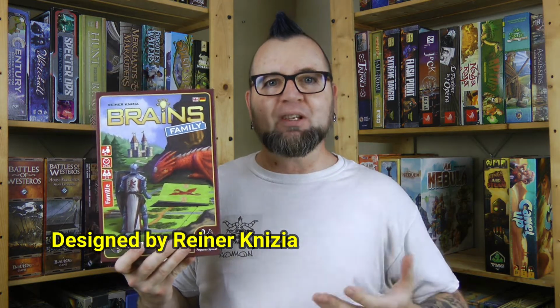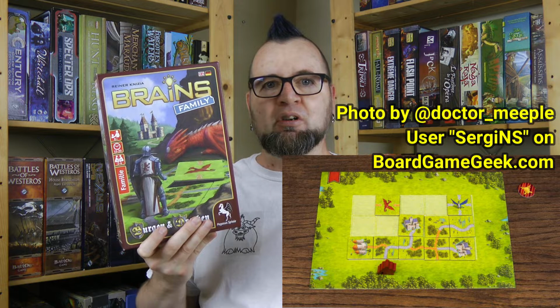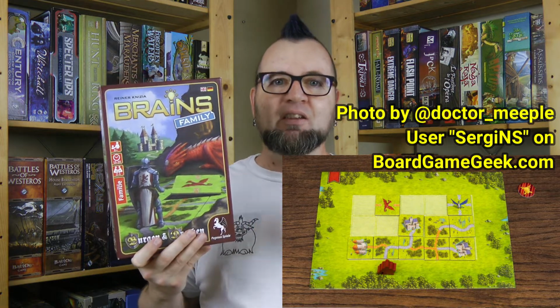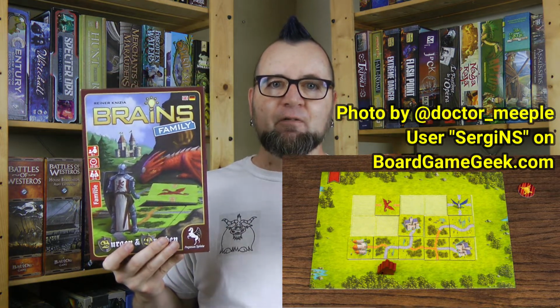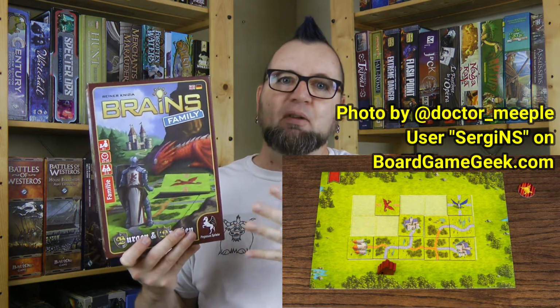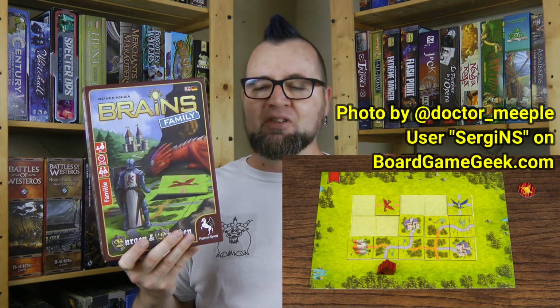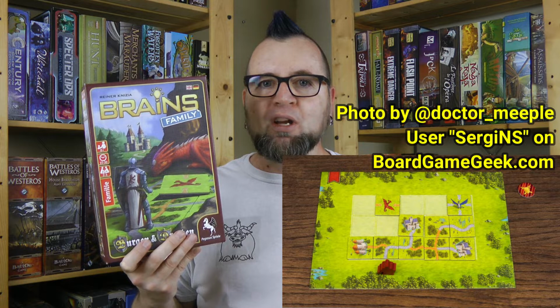Next up, with my 12-year-old, I played a game called Brains, Family, Bergen, and Draken, which is a real-time puzzling game where players at the same time are racing to create pathways to reach castles and dragons on the board. So it's a kind of path-building game that's done in real time. And the first player to finish moves on to the second round, which is even harder, whereas players who have not finished first remain on the easier rounds